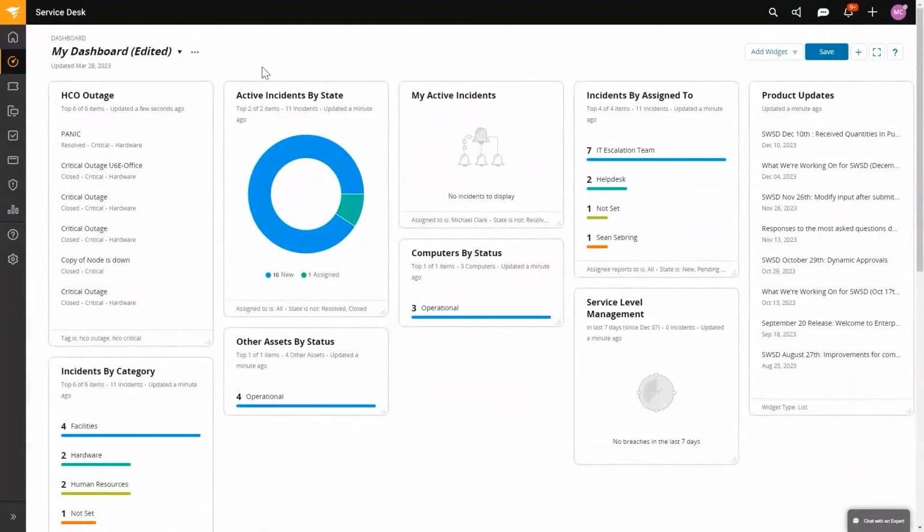It is. So right now it's showing us that the tickets that we have open for HCO outage or critical, they're all resolved. I could add another filter just to show open tickets only, but this way you can see what this would look like. Now, once I've created this view, this is a custom view, so I'm just going to save the changes, and that way this widget is available every time I log in.